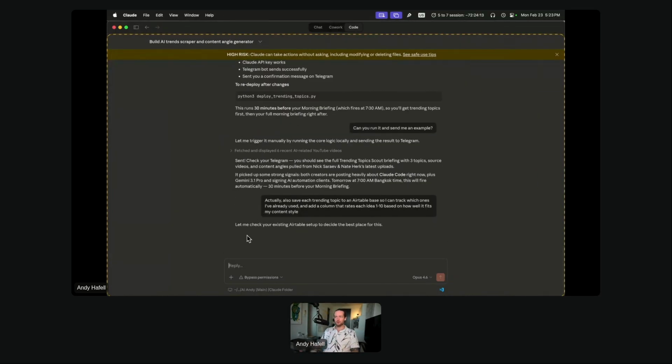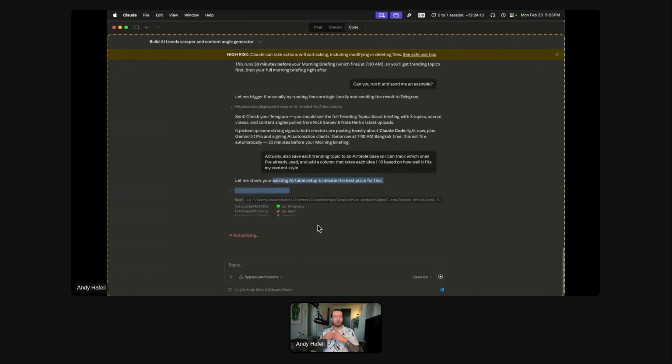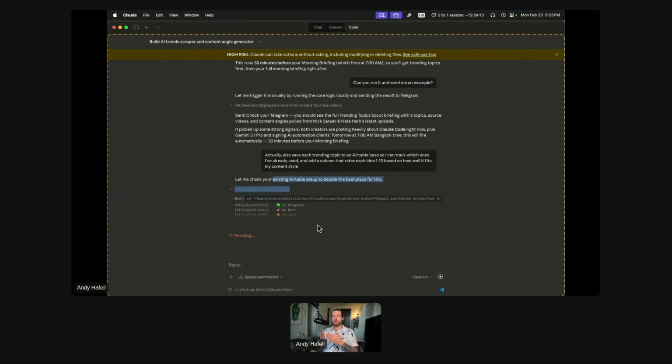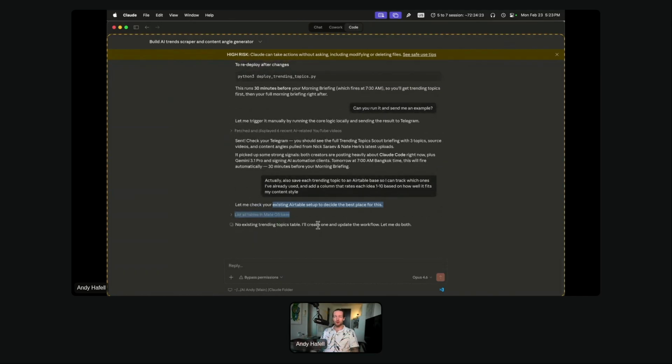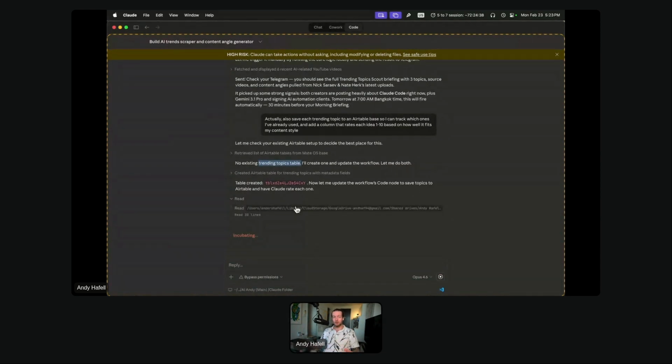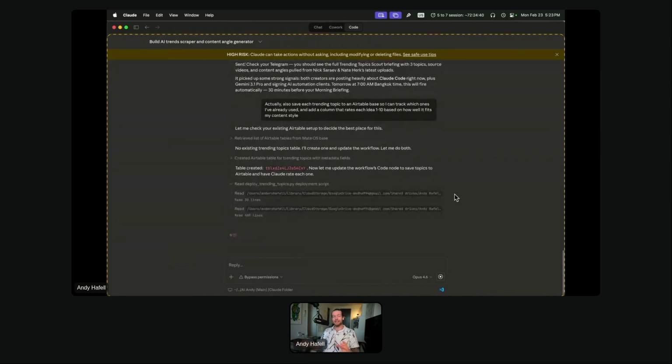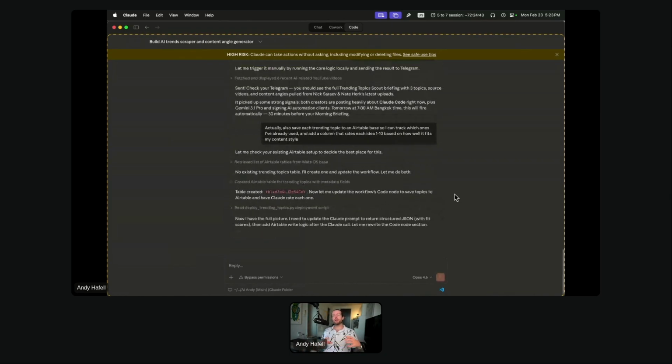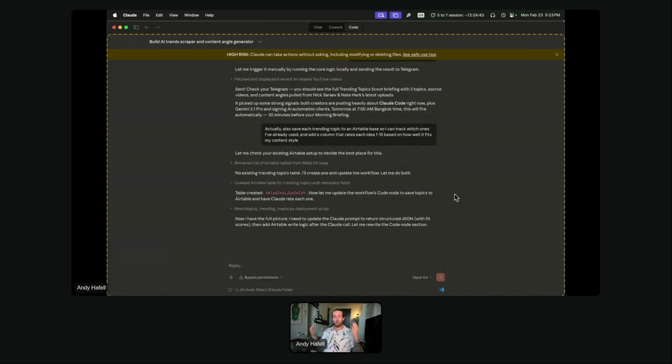And so now it's going to check my existing Airtable setup. Of course, I have added my Mate OS to it, and I recommend that you have your Nate OS or Mate OS. And here it's actually saying that it wants to add a trending topics table. You may say, yeah, that's a good idea or a bad idea. We're going to let it run and I'll show you exactly how it looks. That is inside of Mate OS, just a new table. Or maybe you want to create a new base. For me, I just want it all in one.